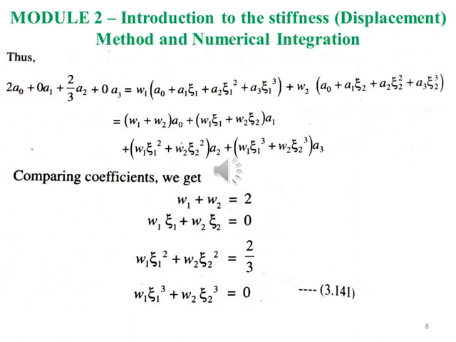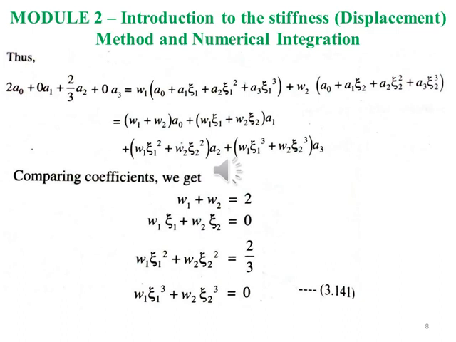So now comparing the coefficients, we get w1 plus w2 is equal to 2 and w1 z1 plus w2 z2 is equal to 0. w1 z1 square plus w2 z2 square is equal to 2 by 3. w1 z1 cube plus w2 z2 cube is equal to 0. So these are non-linear equations and hence they should have a unique solution. So from w1 plus w2 equal to 2 we will get w1 is equal to 1, w2 is equal to 1. Hence w1 and w2 when we add up will end up with 2. Similarly,